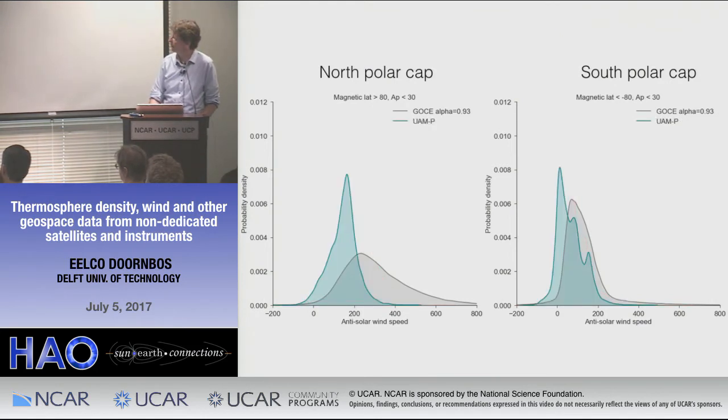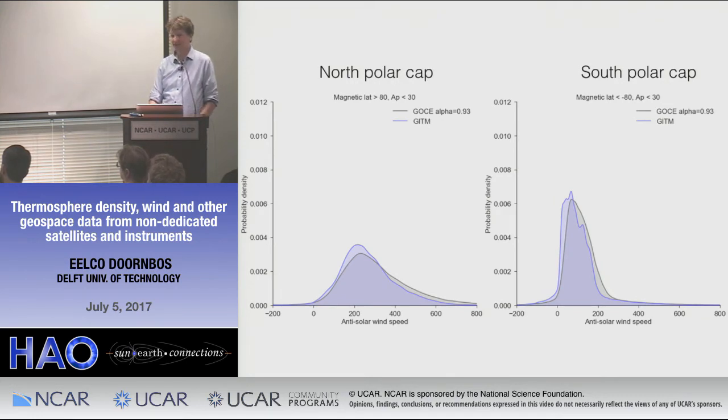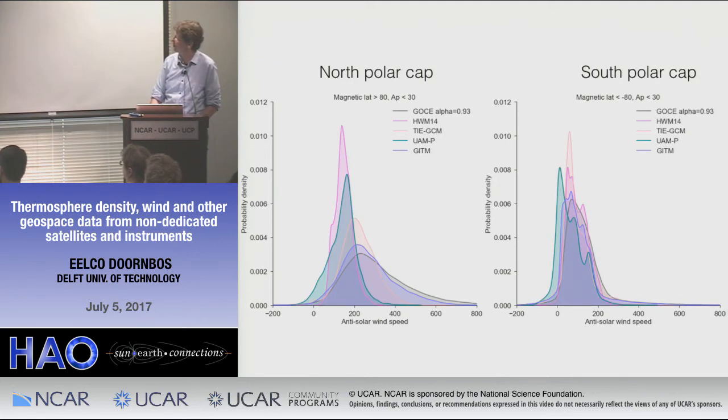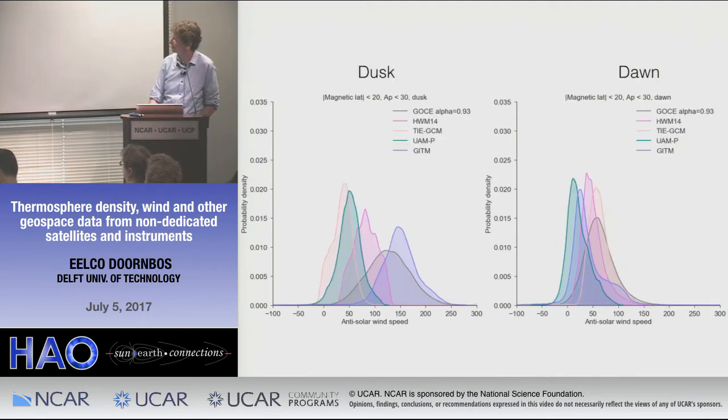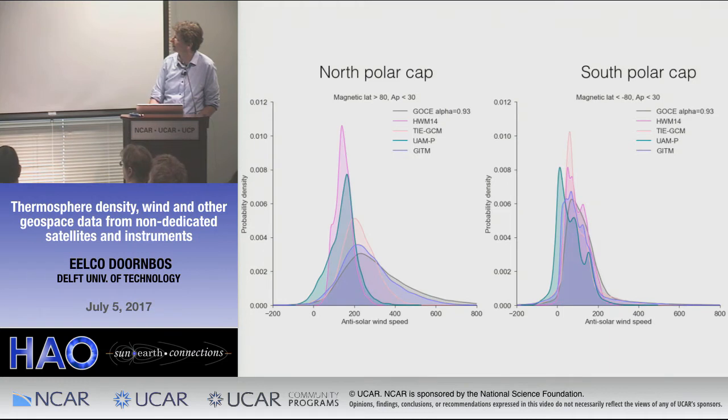This is a Potsdam general circulation model. This is the GITM model, and GITM actually gave very nice agreement with the wind. You could see that the densities might not have been so good, but Aaron Ridley was very happy to see this plot. And then if you overlay them all, you can see that there's quite some disagreement about what the actual wind should be in the North Polar Cap,